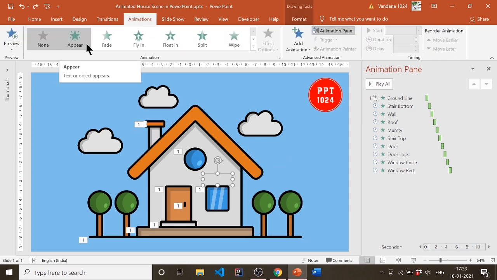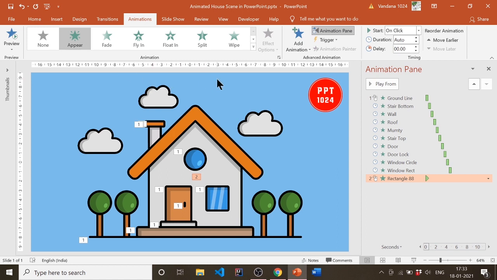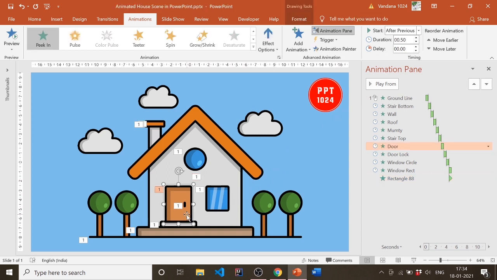Apply Appear animation to this rectangle, as this rectangle should come with the window rectangle, and start with previous.